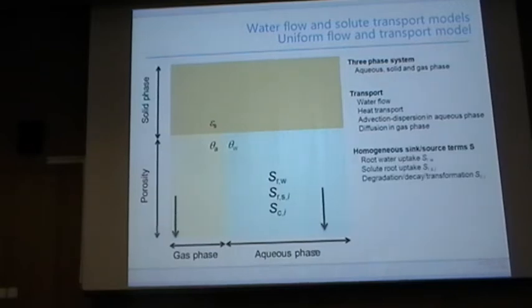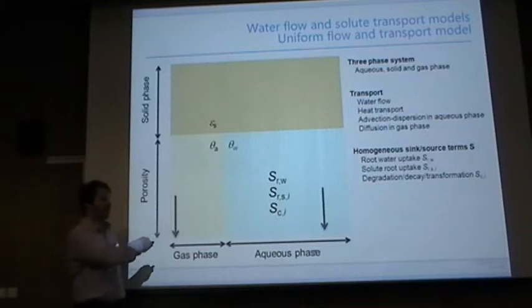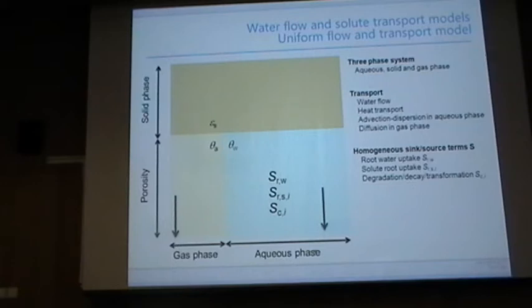Then we have some homogeneous reactions, sink-source reactions in the aqueous phase, uptake of water, uptake of nutrients by plants, and then we have degradation, decay, and transformation reactions within the aqueous phase. For example, radioactive decay, all kinds of reaction networks. Basically, all these things are also in Hydrus. The main difference now is that you can have different reaction networks, and not only a